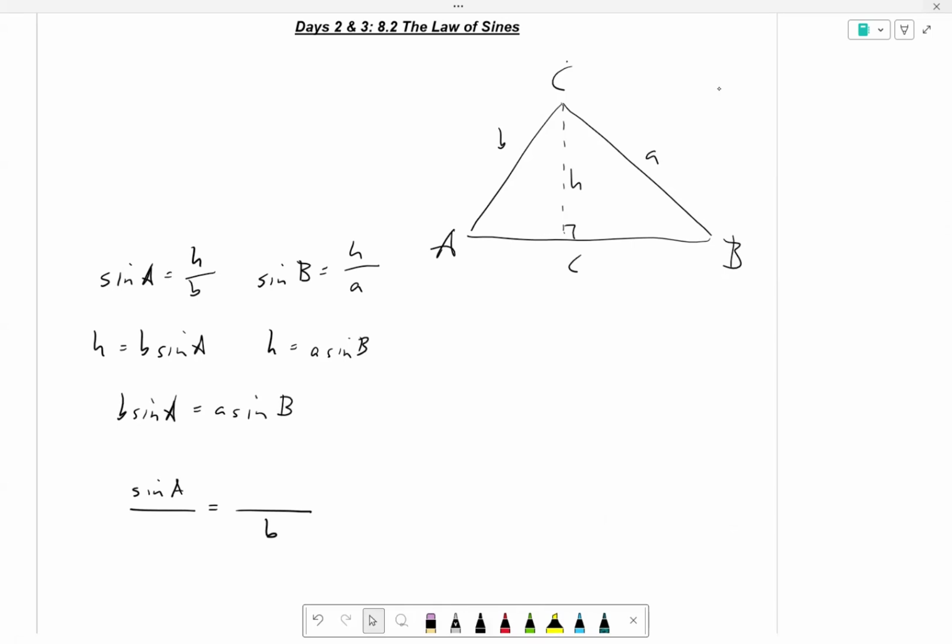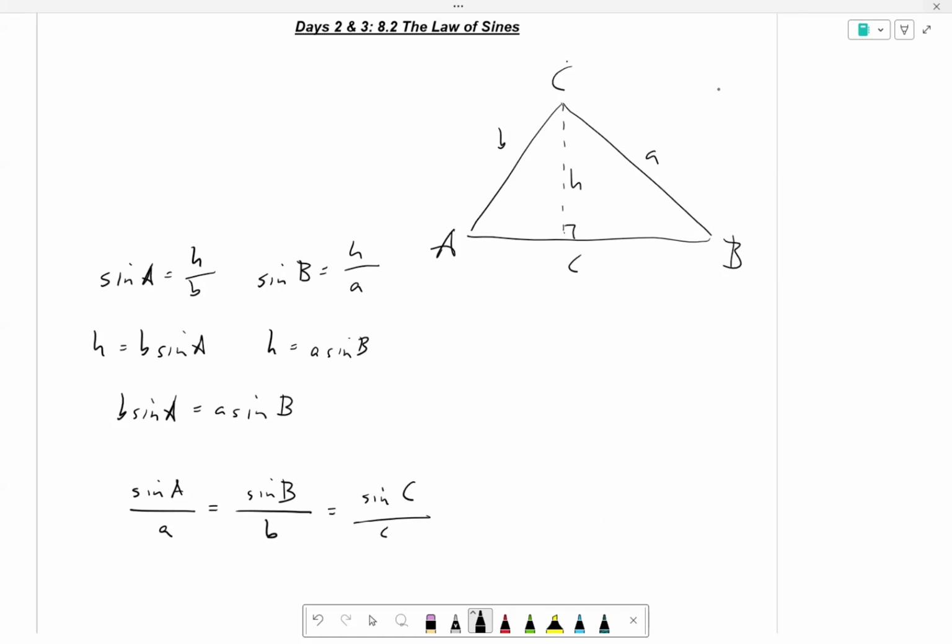Little a and sine big B. I'm going to put the sines on the top for the law of sines. So sine of B is going to be here, and then that means A is over here. This is the first part of the law of sines. There is a third part. Could you guess what it is? Sine of big C over C. This is the law of sines.